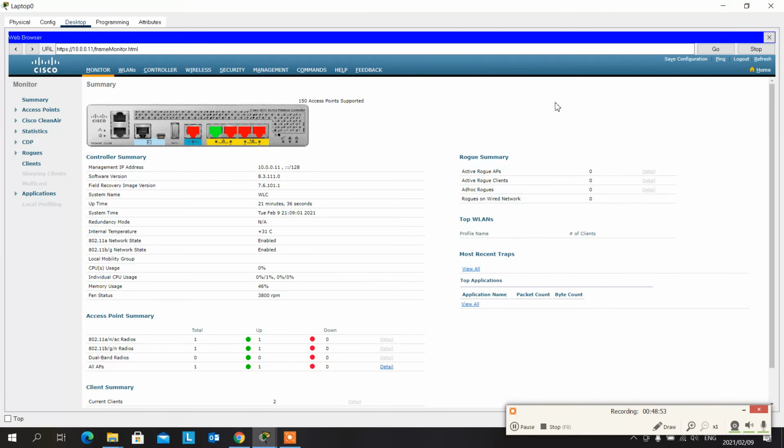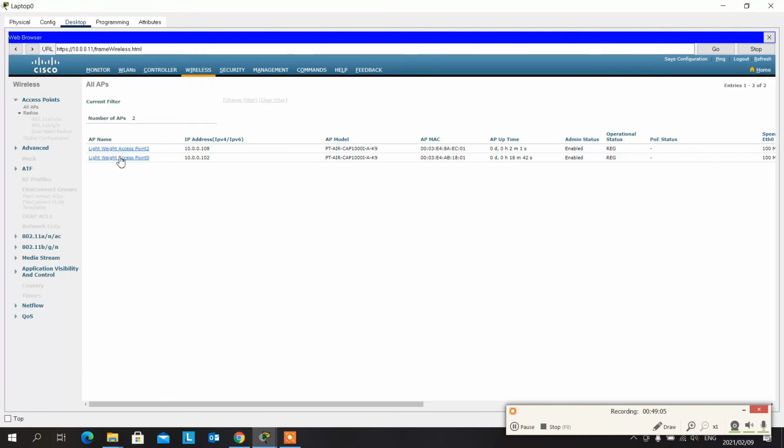Down here it still says 1. Let's refresh this. You see it picked up. Now it says 2. See, it says now it's picked up 2 wireless access points. Let's go to wireless and see if we can pick up. You see now lightweight access points we have 2, which are 108 and then 102. So now